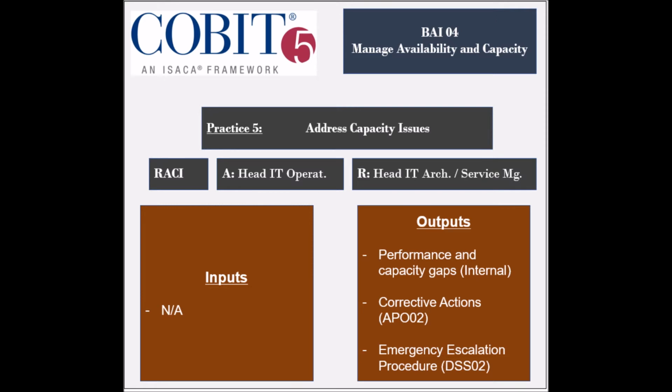The entities responsible are the business process owners, the head of IT architect, and the IT service manager. The entity that is held accountable is the head of IT operations. The practice receives no inputs, but generates 3 outputs, which are the performance capacity gaps to be used internally, the corrective actions to be used by the APO02 process, and the emergency escalation procedure to be used by the DSS02